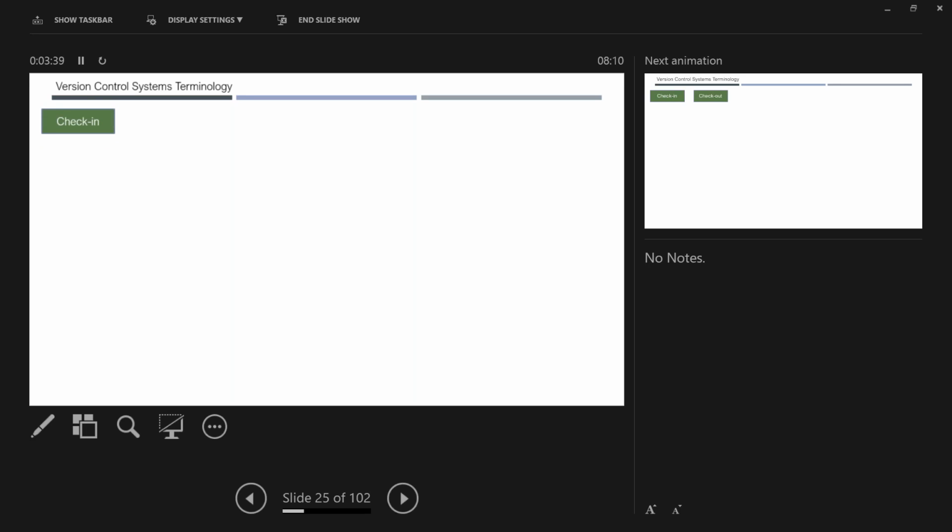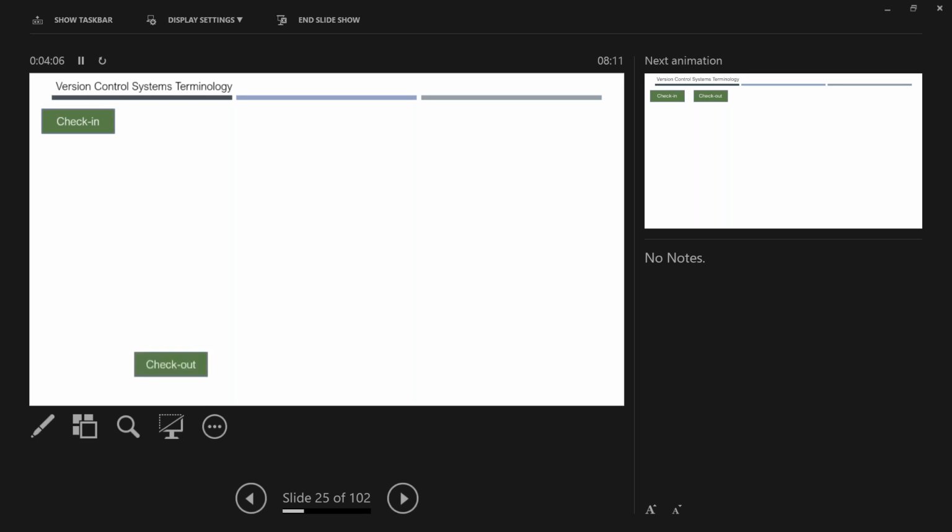So we talked about two types of version control, right? One is a distributed version control system, another one is a centralized version control system. The oldest one is the centralized version control system. And since that is the oldest, the terminology introduced by it is still in use, so you can call them generic words nowadays.